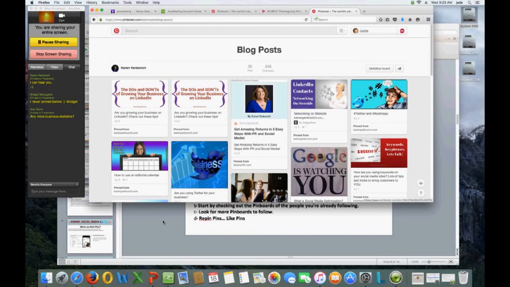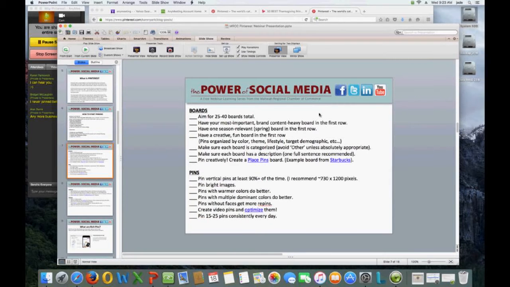Okay, boards. Once you start that board, aim for 25 to 40 boards total. And have your most important brand content heavy board in the first row. Because when they come into your Pinterest account, they truly want to see what is crucial to you, and it's kind of like telling them who you are and why they want to follow you, because you follow them and then you are getting their pins.